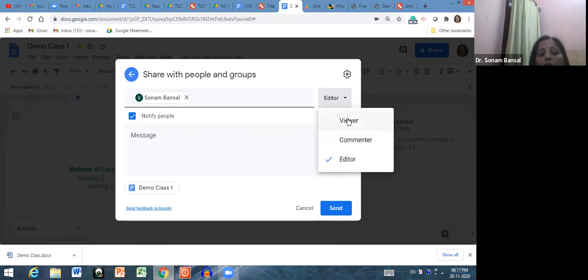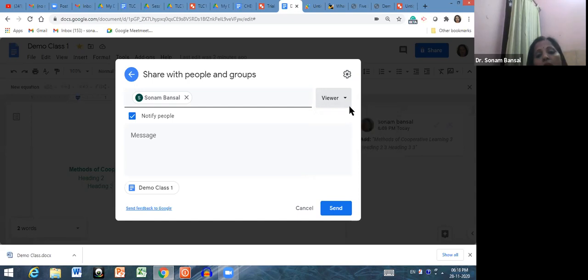So if you want to work collaboratively with others, then you have to give them editor rights. Otherwise, you just give the viewer rights. If you want to share with your students and you want them to view only, then give them the viewer rights. So I want to give them the editor rights. Just click on editor.